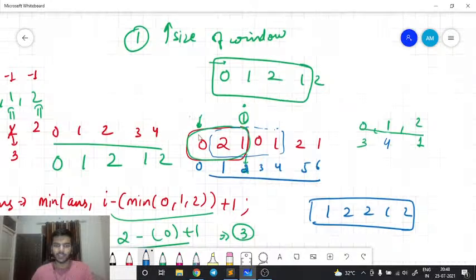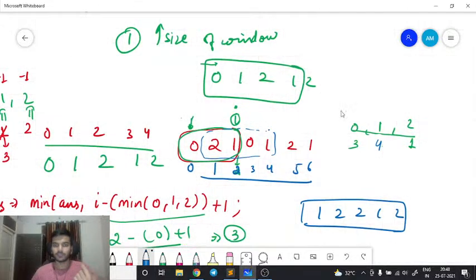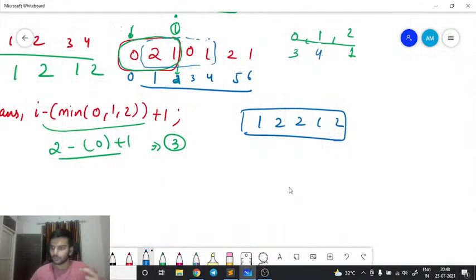There's no need, right? Because if I have the latest occurrence of all of them, 0 1 and 2, then there is no need to delete one by one. I can directly reach to the point or that character. If I remove that character, then also I will have 0 1 and 2. So that's why I have that 3 4 and 1, right? For instance, if I take this one, that is